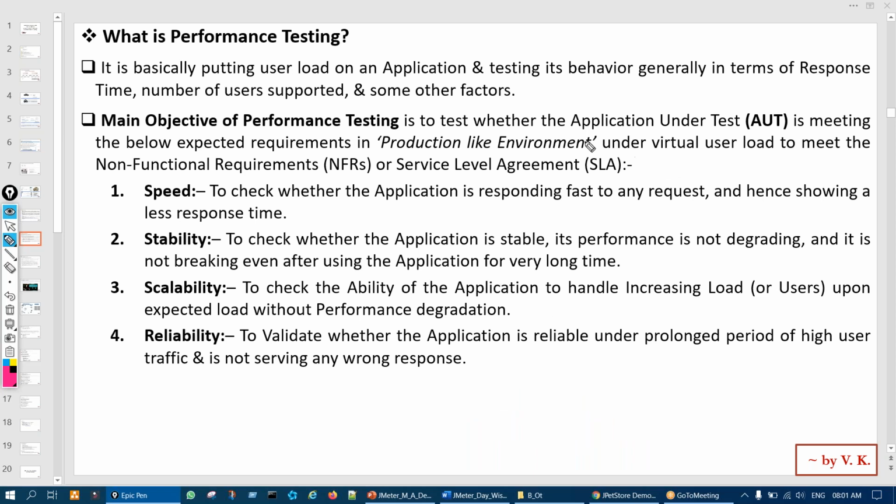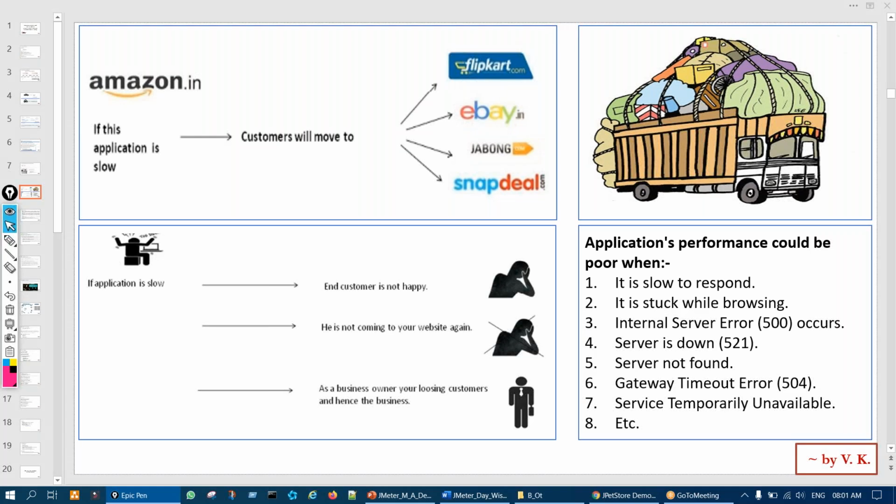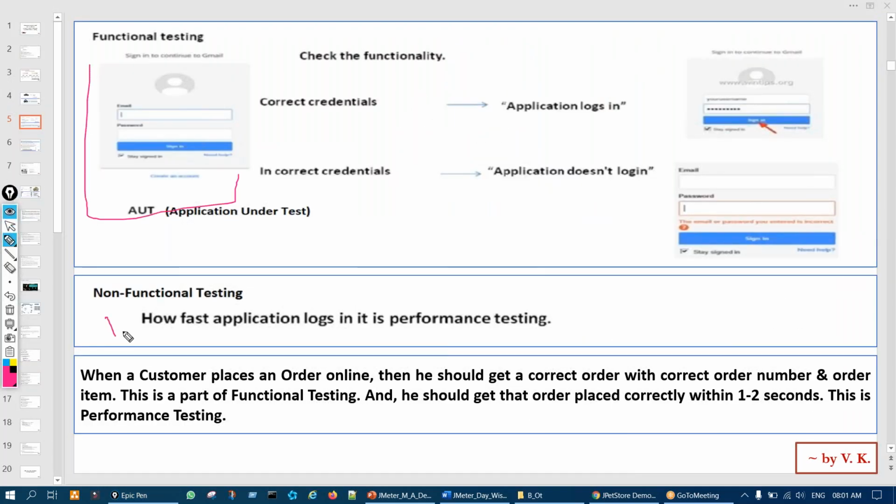Now, what are this response time and user load? Take the same login module. In performance testing, we do not bother about functionality or all the functional test cases. We just do a login, hit the login button, and check how fast it happens. Generally 1 to 3 seconds is known as a good response time; 3 seconds is also very high. For logging in, generally 1 to 2 seconds is a good response time. So we check whether it is happening in 1 to 2 seconds, or how much it is taking.